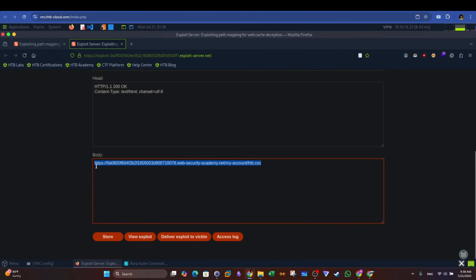But remember, you want this to be inside script or JavaScript. So we're going to use script. And from here, close the JavaScript tag. And you don't want the victim to be aware that they are opening this link. So we're going to use window.location. Now, once you have delivered the exploit to the victim,